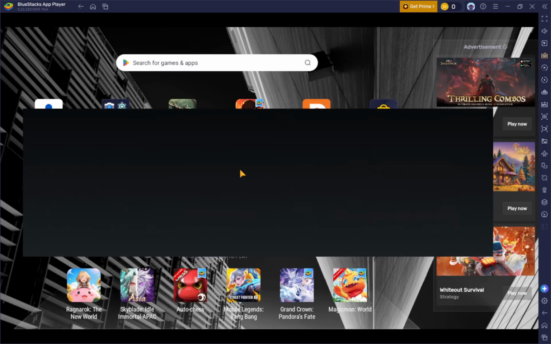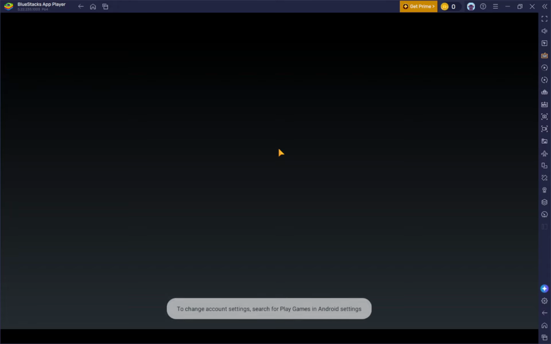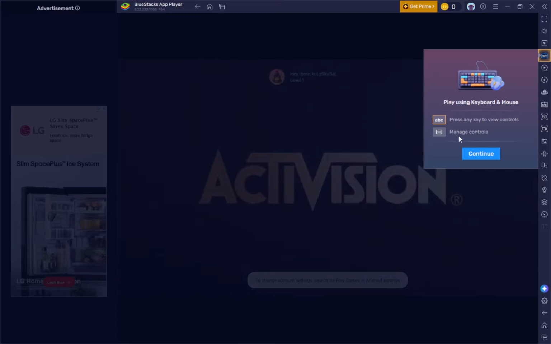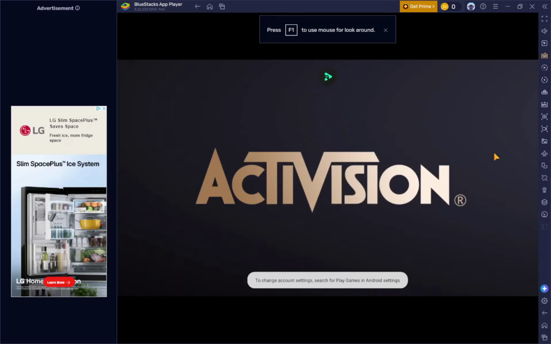After that, return to the BlueStacks home screen. You can click the Home icon on the side panel. The home screen appears again with your app icons, and now you should see Call of Duty Mobile added there as a new icon. Finally, click the Call of Duty Mobile icon to launch it.